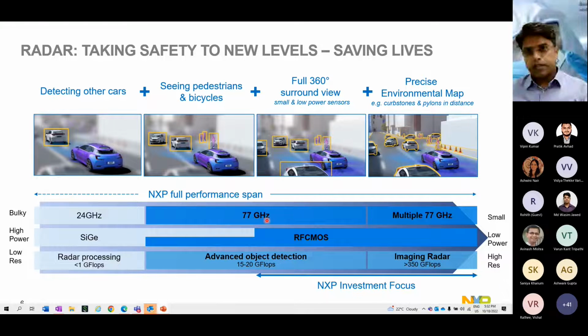This is another advantage. And then once you move to full CMOS, you can integrate billions and billions of gates into it and do all sorts of processing. And I'll show also what kind of processing can be done within a chip to identify objects more accurately. And in fact, radars have become